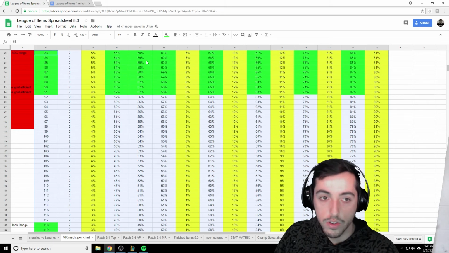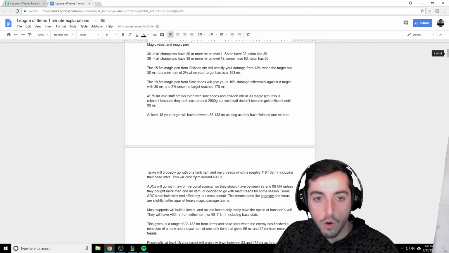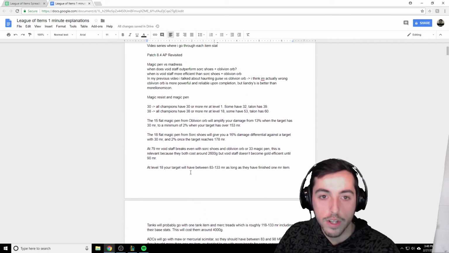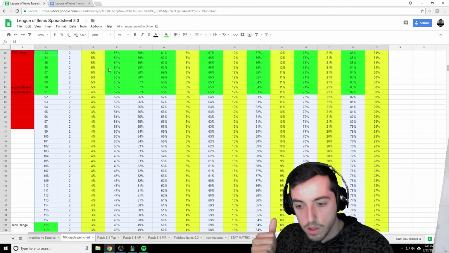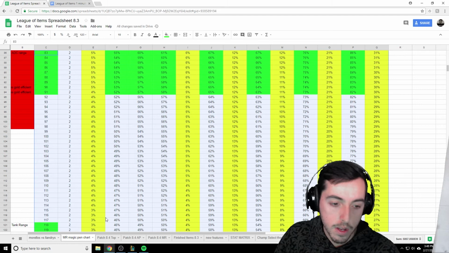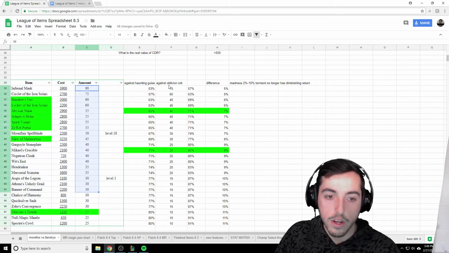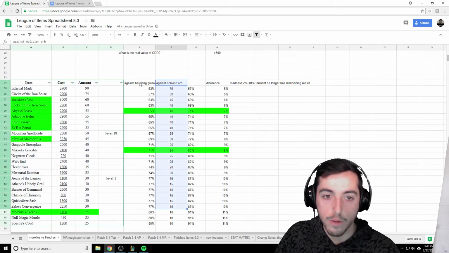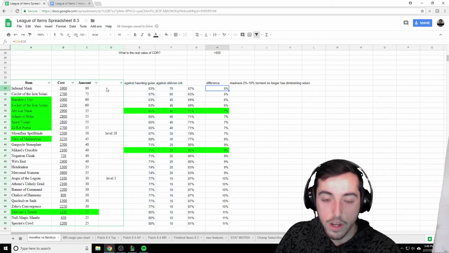And these are the numbers that I'm focusing on. So I think overall, the important takeaways from this should be that Oblivion Orb is just straight up better than Madness in the early portion of the game. If we take a look at this, these are items that provide magic resistance, and I use that as a baseline just to get some comparison numbers between Haunting Guise and Oblivion Orb. And if you look at the differential in terms of damage,